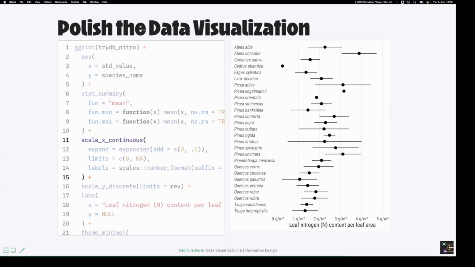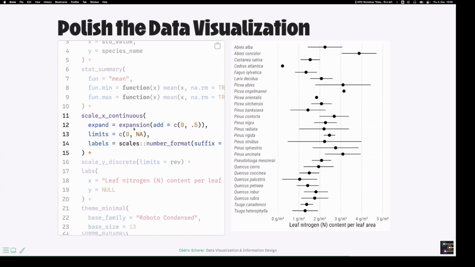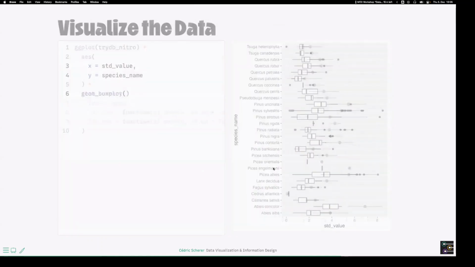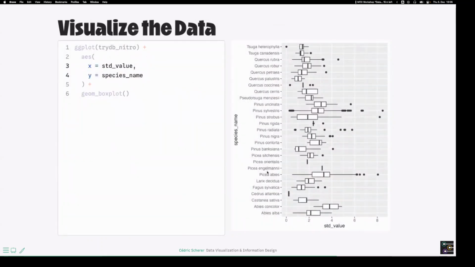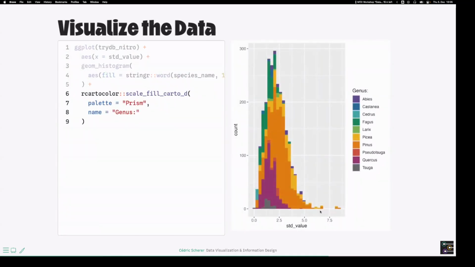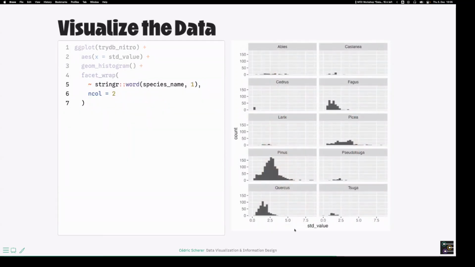So here, what I'm going to do is, maybe some of the details are too much, but showing you the usual steps. I address here in the first step the x-axis, where I'm going to change the expansion. So if you look, especially for the histogram, you have seen that very nicely. And we can quickly go back. That ggplot always adds a padding around the data. And some people hate it, especially for bar chart. It looks a bit weird because they are basically flying in the air, so they're not having a proper baseline here. That's the so-called expansion, and we can remove that,